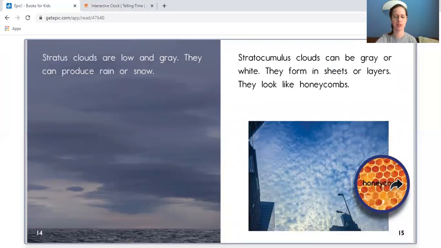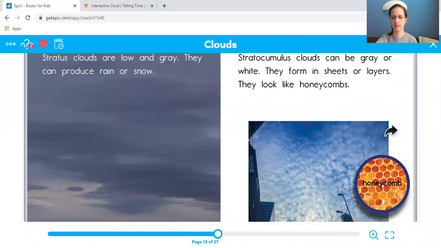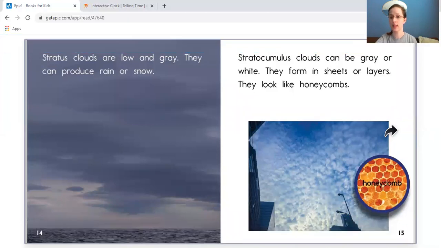Stratus clouds are low and gray. They can produce rain or snow. Stratocumulus clouds can be gray or white. They form in sheets or layers. They look like honeycombs. So the main type of cloud here is the stratus cloud, and it's